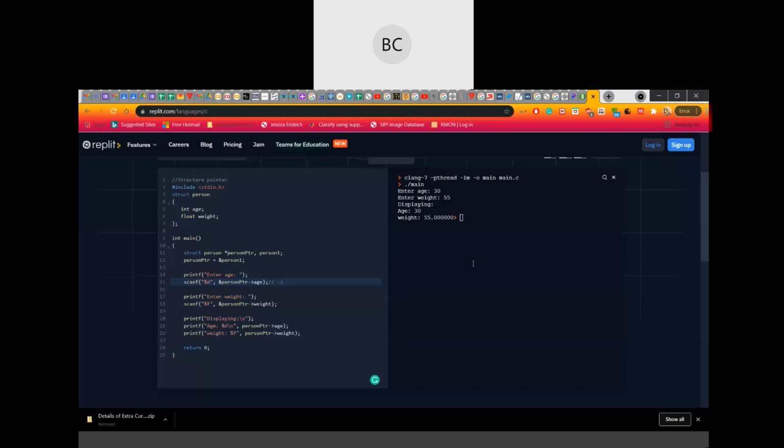At least one disadvantage. Yes, memory leak is one of the disadvantages.